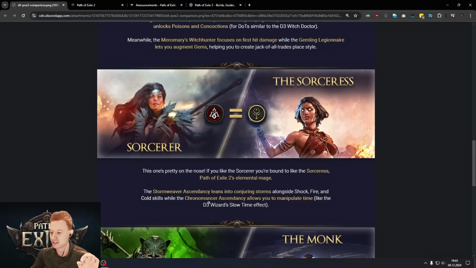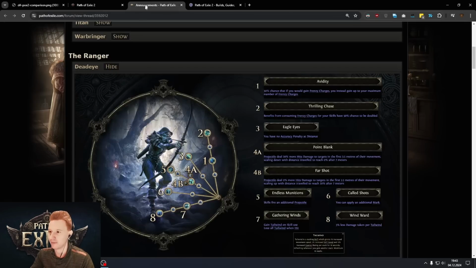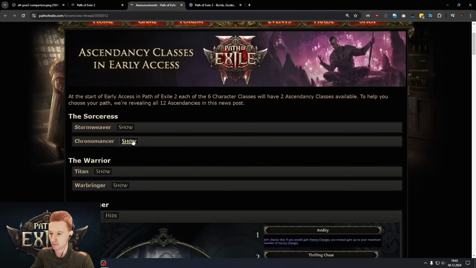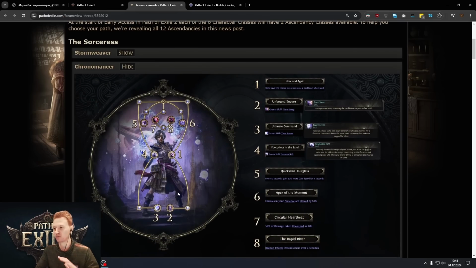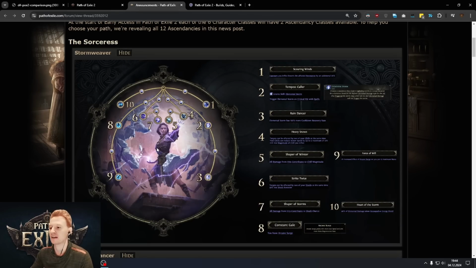While there is also the Chronomancer, and this is something that's not necessarily in Diablo 4, where you have some crazy possibilities, like freezing time, manipulating cooldowns, and doing all kinds of crazy things. I think it's going to be a pretty versatile class. But if you want a closer feeling to the Sorcerer, which feels really good in Diablo 4, you might